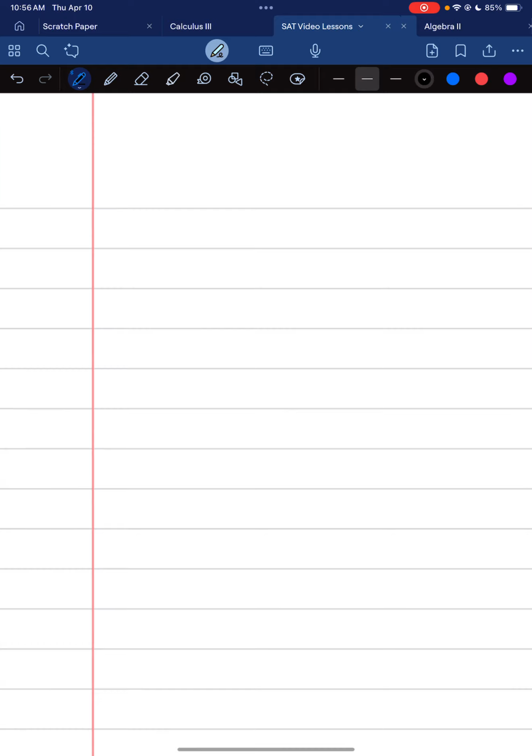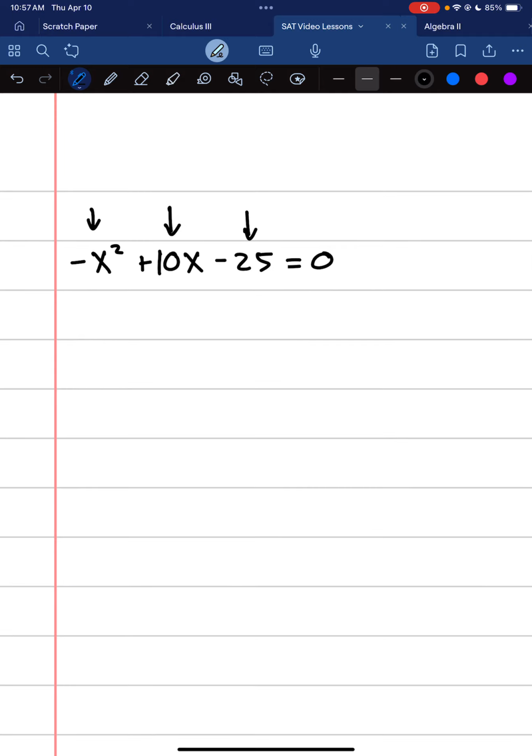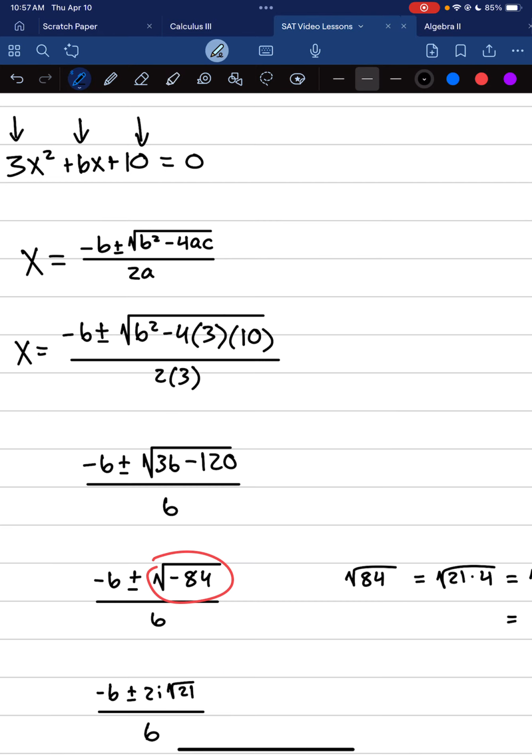Let's look at one more example. Let's say we have negative x squared plus 10x minus 25. And we want to solve this using the quadratic formula. So again, our a value is going to be -1 in this case because that's the x squared coefficient. B value is going to be 10 and C value is going to be -25. So if we plug that into our quadratic formula,